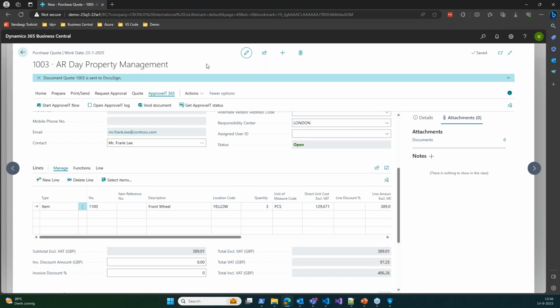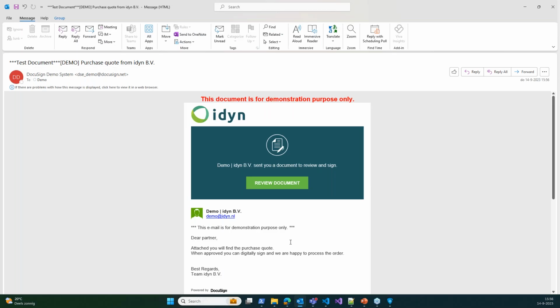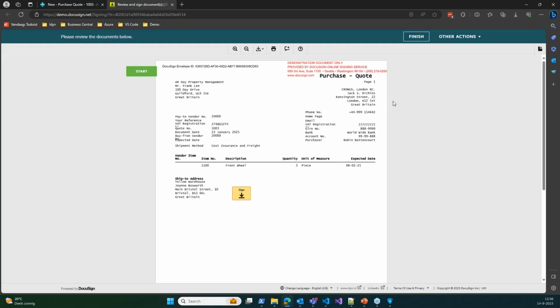So if you don't need those options, of course, you can simply let those options be disabled to make the flow as easy as possible. And we have our email. That's something that we did set up so that we have a different email text for purchase quotes. And once again, we see a document, in this case, a generated purchase quote, with the signature placed over here,